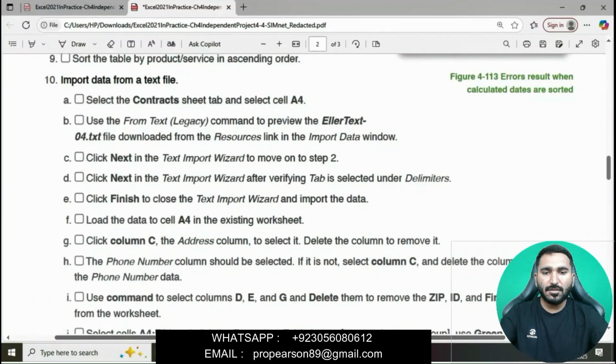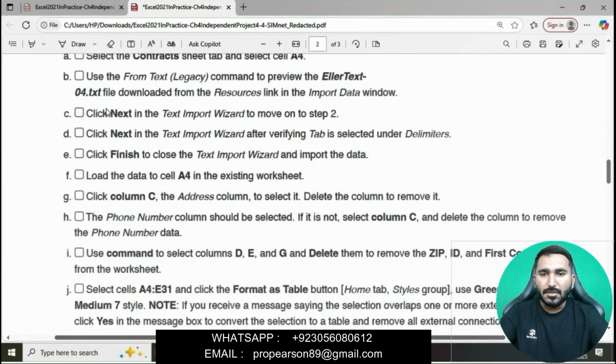Point C, click Next in the Text Import Wizard to move to step 2.